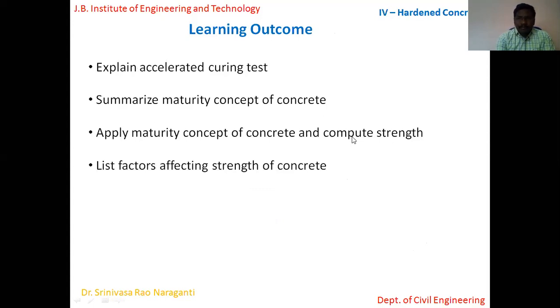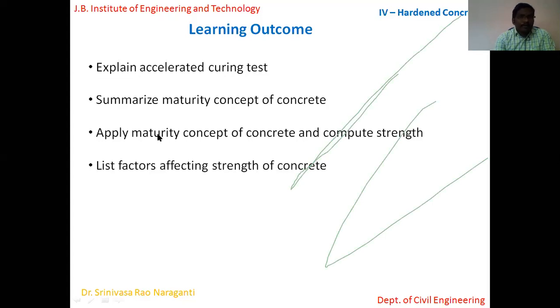In this class, these are our learning outcomes. By the end of this module, you'll be in a position to explain what the accelerated curing test means, so we'll talk a little more about it. You'll be able to summarize the maturity concept of concrete.